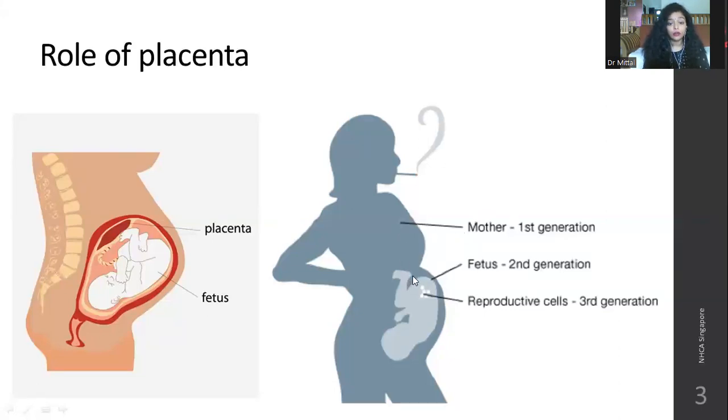Okay, the placenta serves as this vital link between the first generation and the other two generations as well. Women who are malnourished or undernourished will have a placental size that is quite small. Their placenta will not be of the normal size, which means that the placenta does not have enough